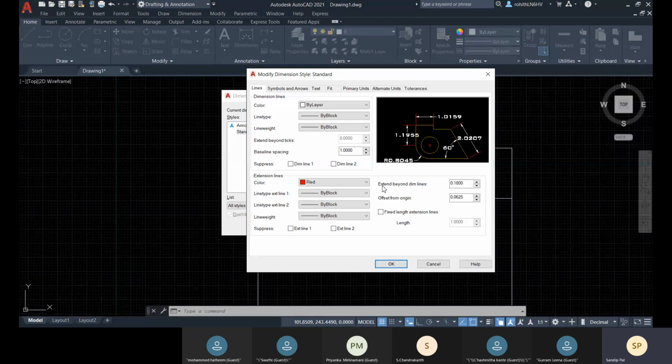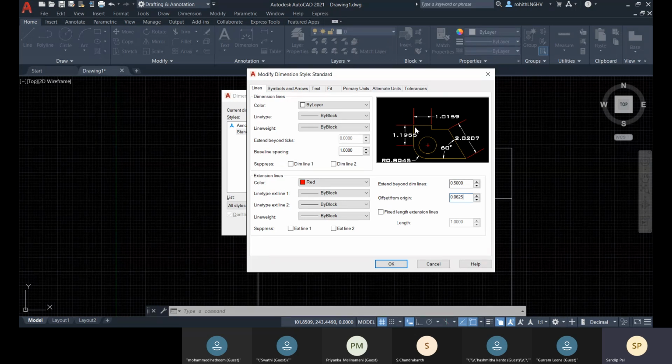Okay, and you can say extend beyond dimension line, how much it will extend. So here you see that beyond the dimension line it is extending up to this much, that is the value. So you can increase it, like 0.5, like this, you can see.